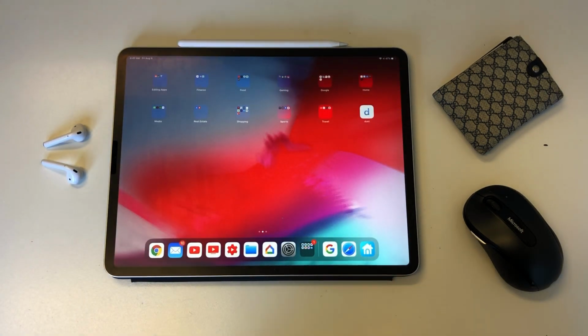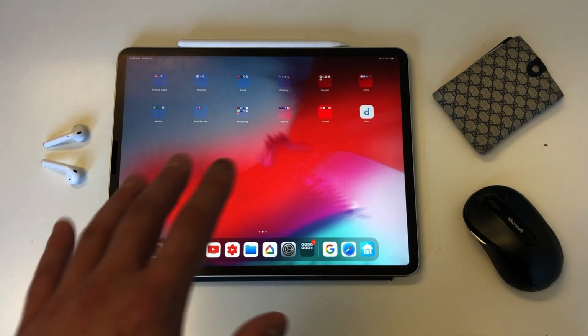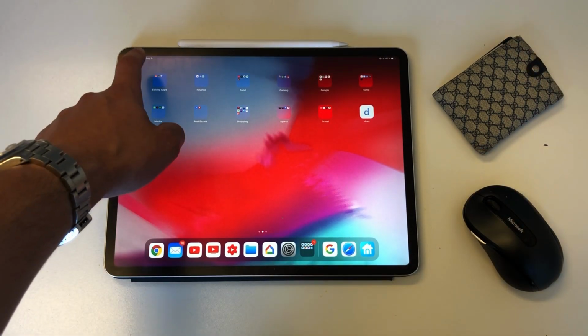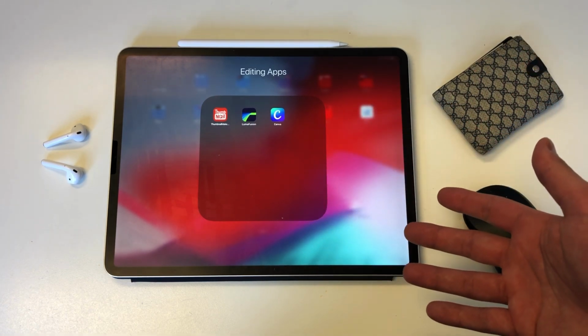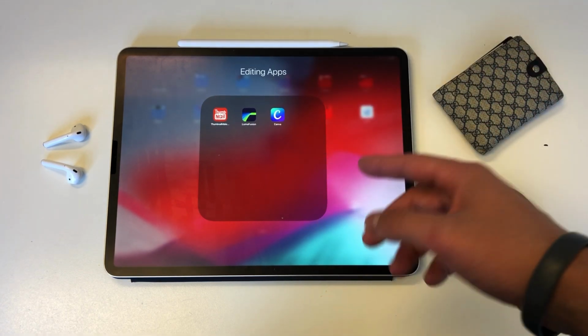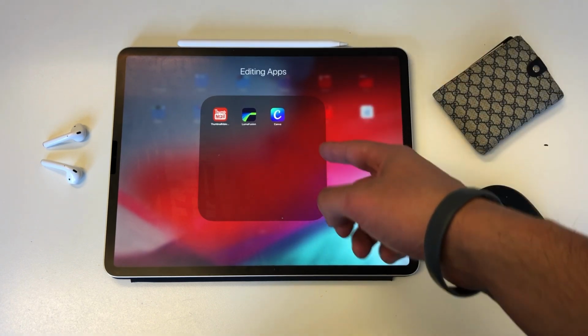So this is where I created my folders, right? I like to stay very, very organized. I don't really like it when everything is cluttered around. So I have my editing apps, which I pretty much use every single day. Thumbnail Maker, which is exactly what the name is, a thumbnail creator for YouTube videos. I have LumaFusion, which is what I use to edit videos, and then Canva, which is kind of like